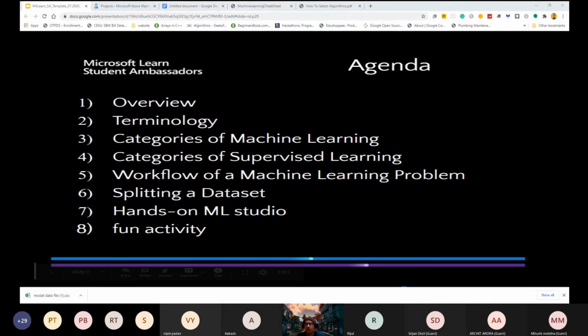So this is not a coding based session. We will be using Microsoft Azure ML Studio, which is an online drag and drop tool with which you can build a machine learning model without knowing how to code. So this is a very hands-on session with theory and a lot of practice. Make sure to ask your queries using the chat section. Are you ready to get your hands dirty with some data in machine learning? Let's get started.